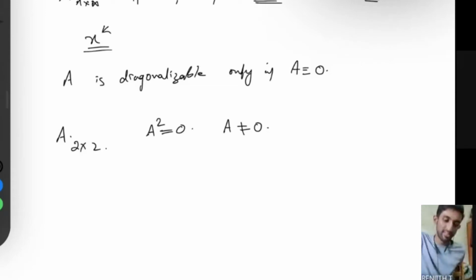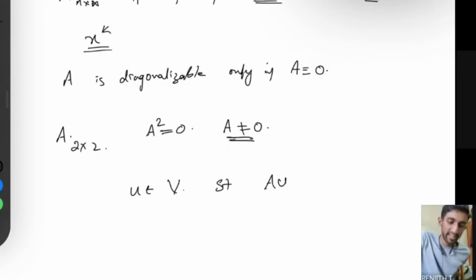Since A not equal to 0, we will get a U belonging to that vector space V such that AU is non-zero, right? Because if